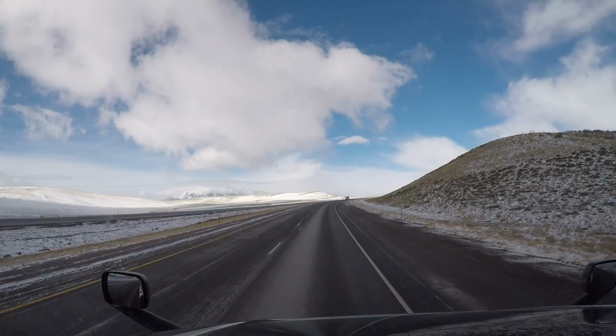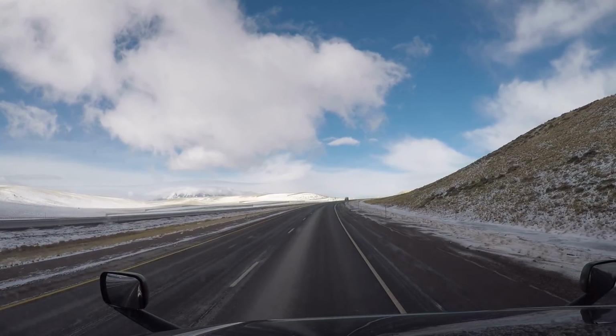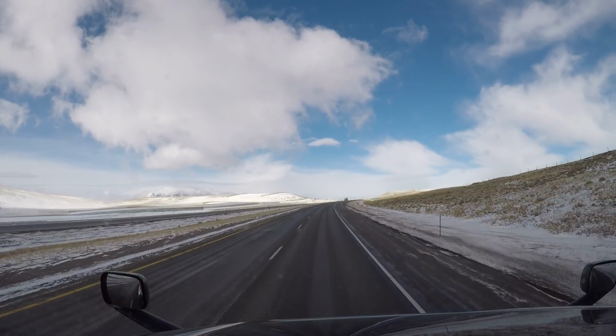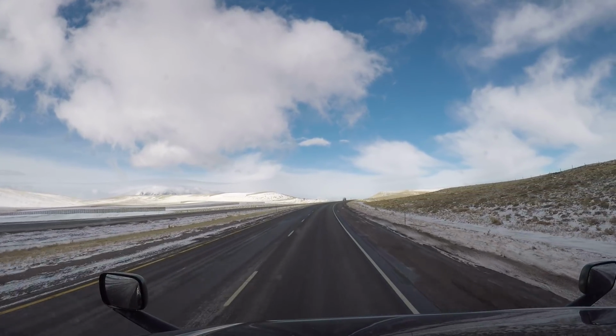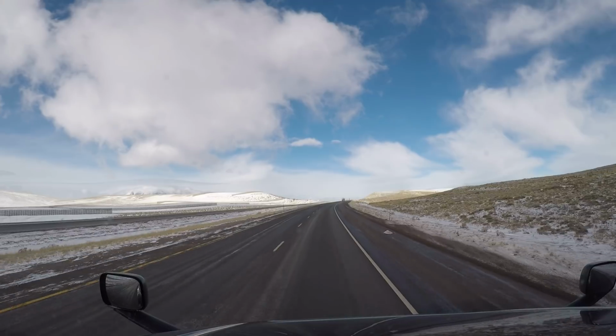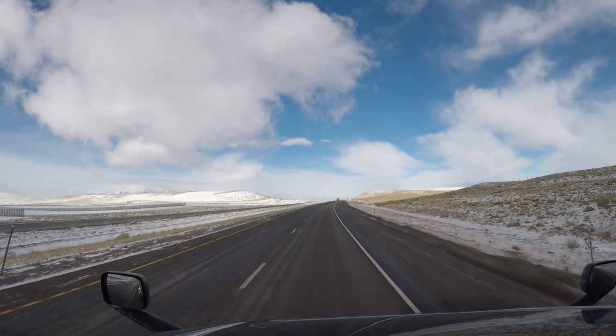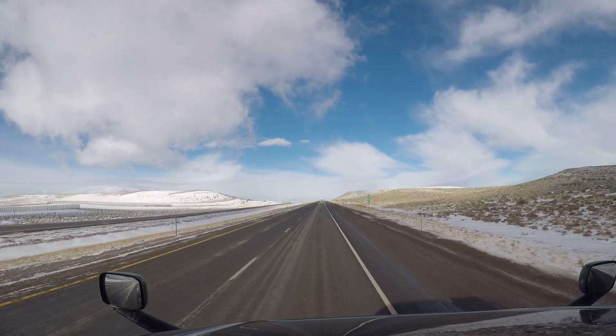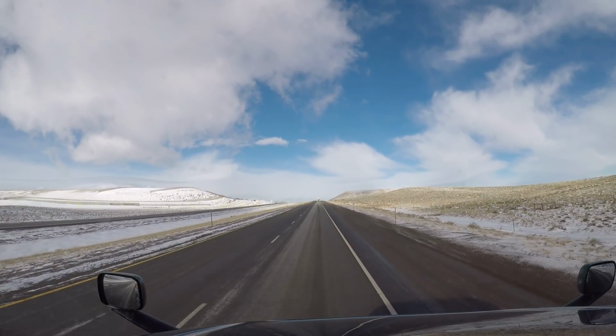Campers, we are in Elk Mountain, Wyoming. Take a look at that lenticular cloud over Elk Mountain off to our left. That is awesome. That is so cool. That cloud is lenticular, which means lens. It's a lens-shaped cloud that forms from